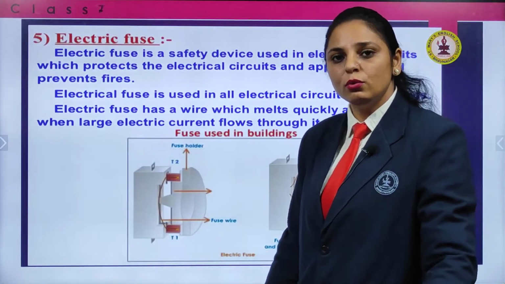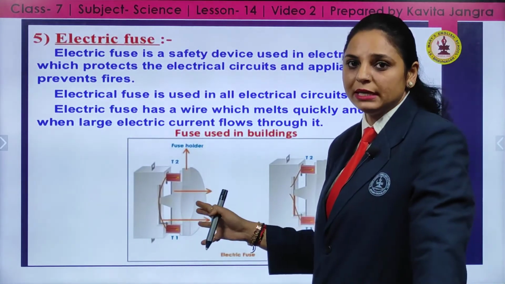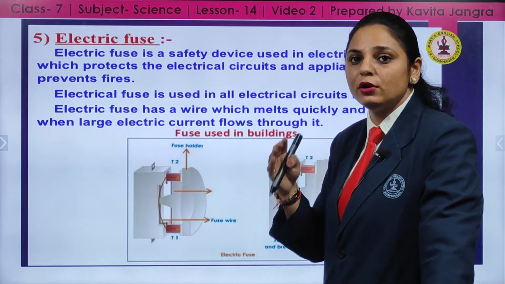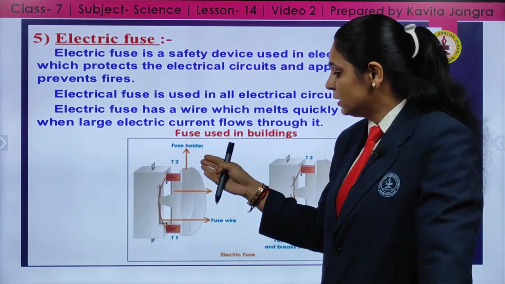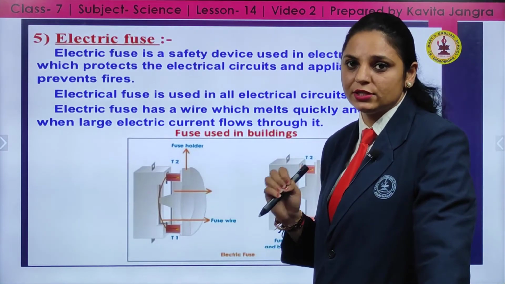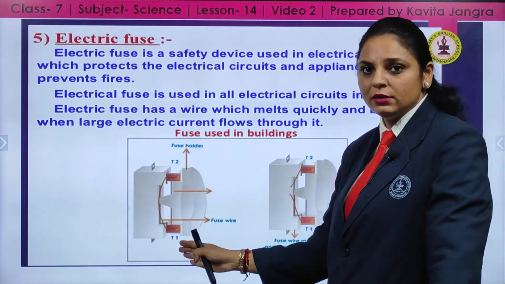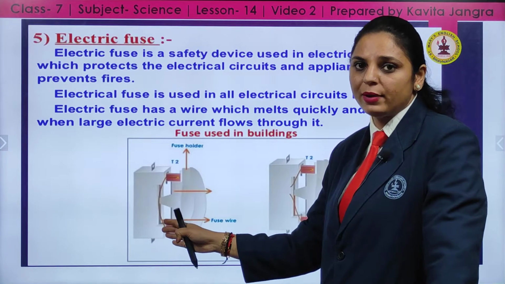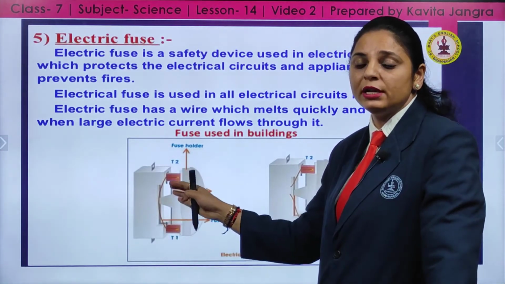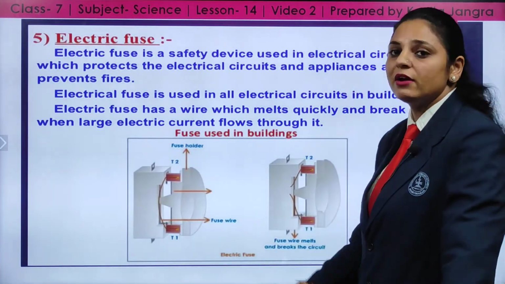Fuse. You all know what a fuse is, but even then, these fuses, such porcelain material, were used in ancient times. Nowadays it is interchanged with the MCBs. These were dependent on the heating effect of the electric current. When the current passed through it, up to its limit, it is a tin coated copper wire, and if the electric current passing through it is beyond its limit, then ultimately this wire will break.